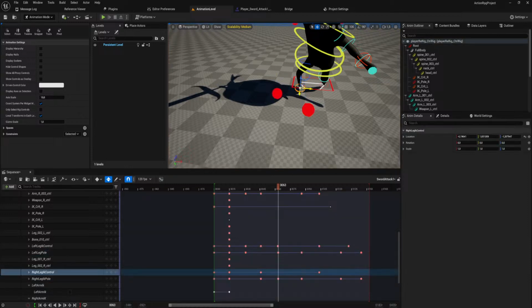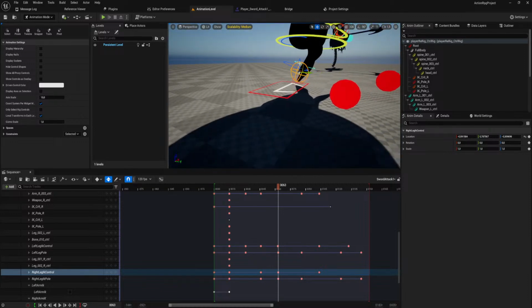It's also because this foot just needs to be elsewhere.